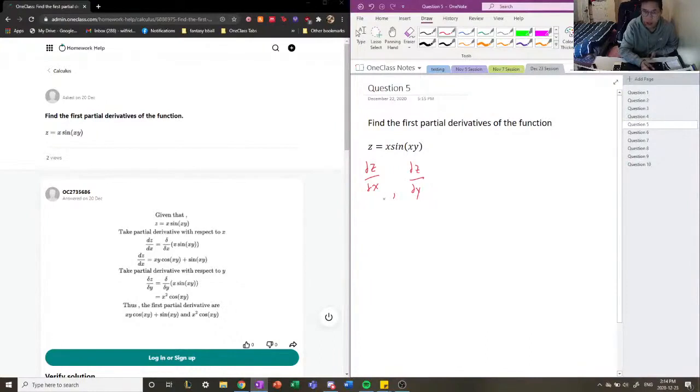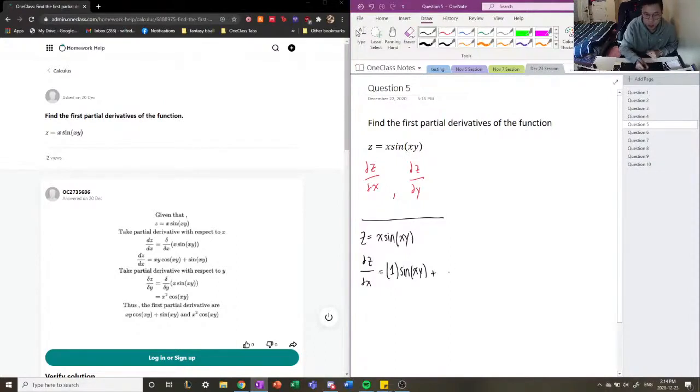So what I said before, if we're trying to find partial z, partial x, then we're going to keep y to be constant, right? So we're just going to assume that it is a number. Okay, so if our function is z equals x sine of xy, then partial z, partial x is going to be a product rule, right? So we have to consider that this is a product of two different functions, the first function being x and the second function being sine of xy, right? So we have to do the derivative of the first function. So the derivative of the first function is 1 times sine of xy